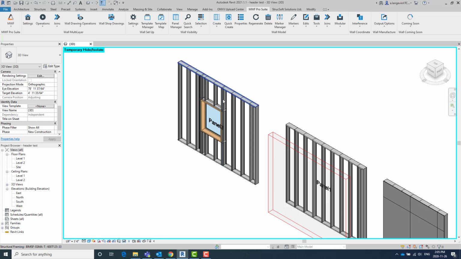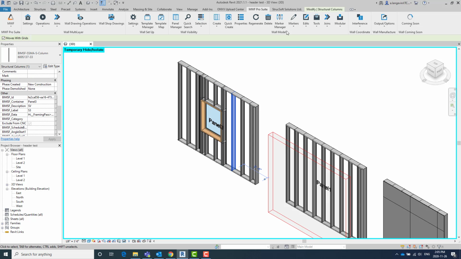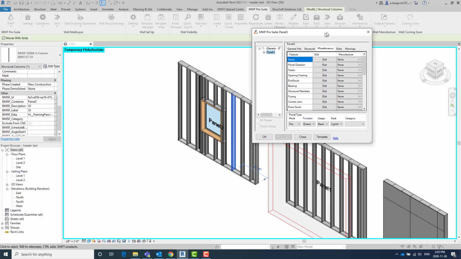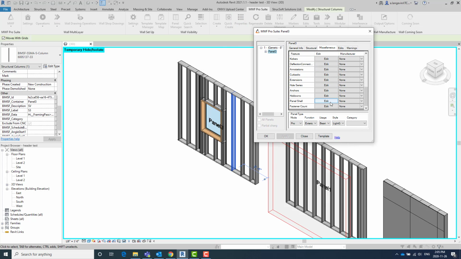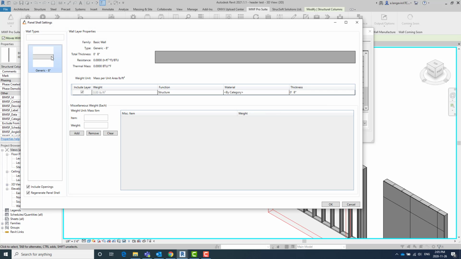And now we're going to go over to the panel that has the opening. Now you can access this through the properties under miscellaneous, where the panel shell is. So this can be saved to templates, obviously. So now if I go to edit, I don't have the full list. We're working specifically with this generic 8-inch wall. So again, this I can't touch, but now I have access to adding extra weight to this panel. So if I had objects in here that I knew the weight for and I want it to be part of my output, I can just go ahead and add